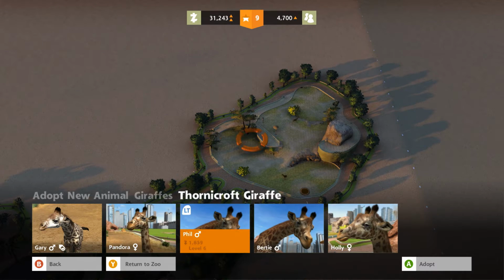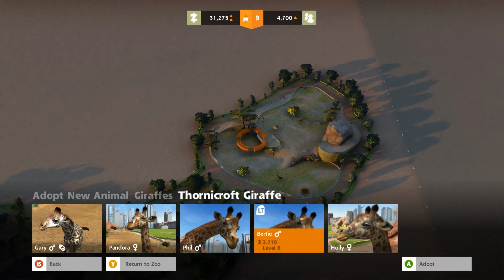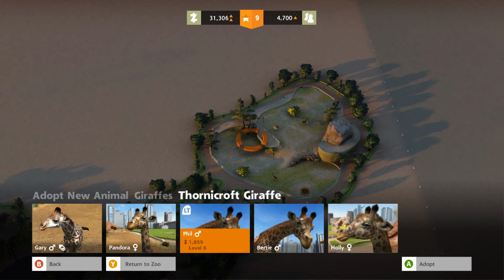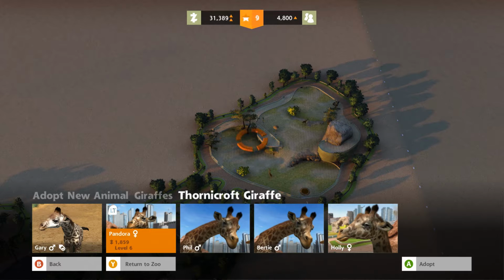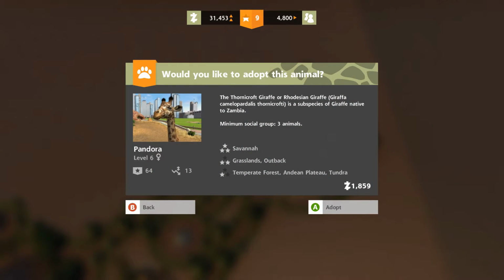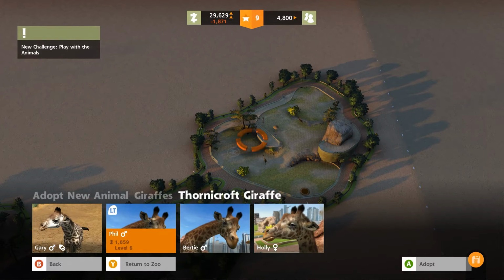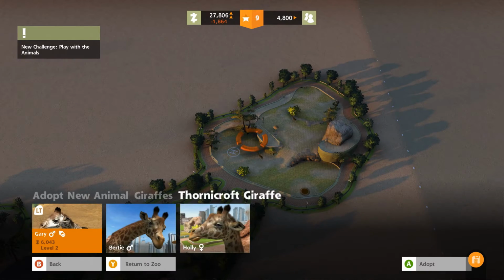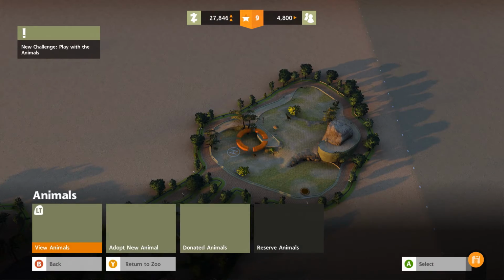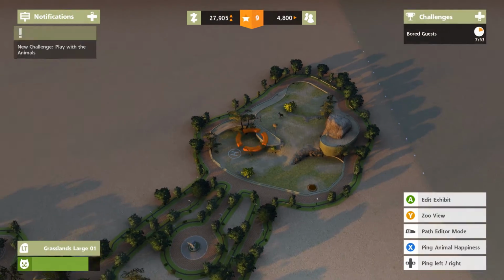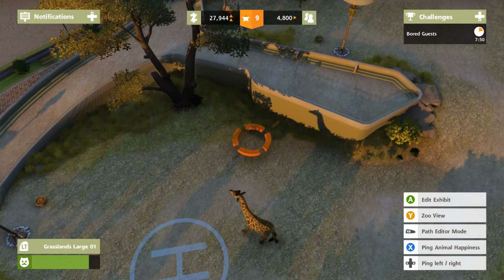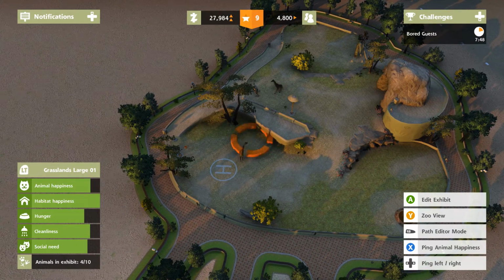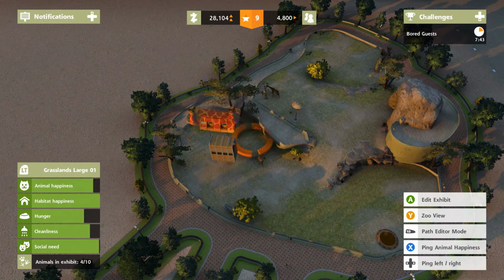So I think we're gonna get Pandora and Phil, but we'll rename him to like Hades. Hades the giraffe. Can you imagine that? I love it. Okay, so we're gonna adopt her, and we're gonna adopt Phil. And I think that, yeah, we can indeed mix them. So there's 2 different species of giraffe that are going to be in here. But since you can have 10 animals in here, that still leaves a lot of room where hopefully we will be able to have,